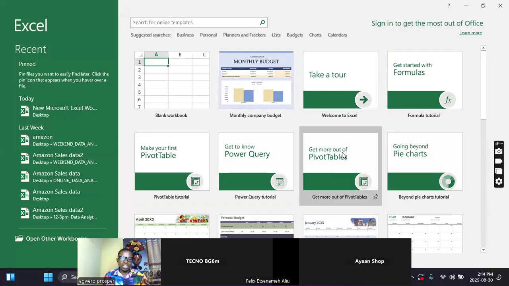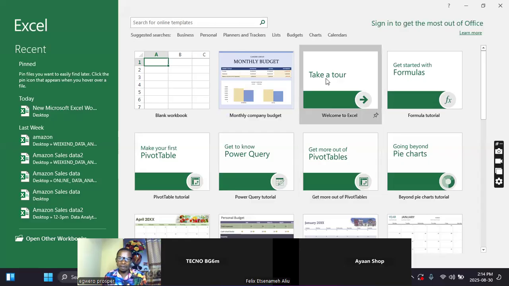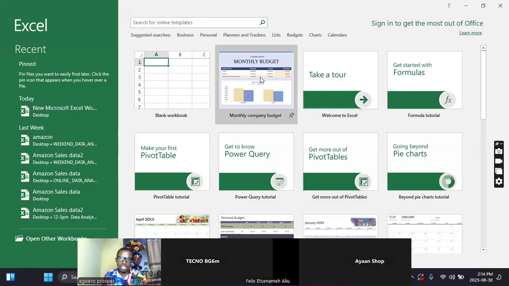Whether you can exploit it when you are working in an office and your boss says, build a system, build a data system that can help us to track our sales inventory, or that can help us to analyze our data. So you might just find one among the templates. So let me just exploit this monthly budget. When I started, I said, as a student or as an organization, you can use Excel to prepare budget. So this is one of the templates.